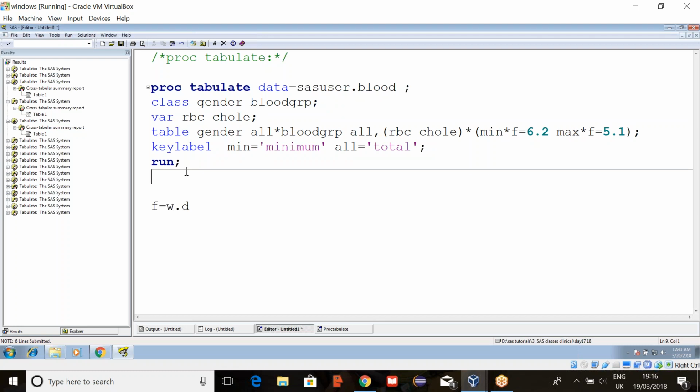So Priya, label. Typically when we use label in a data step, you mentioned it on the top, next to the SAS user dot blood, we also have to give a label statement. Here that's not required. In a data step you can directly write label, but in proc print you have to use a label option. Yes, this is also a procedure, right? So here the label option is required. Directly we can write it here like this.